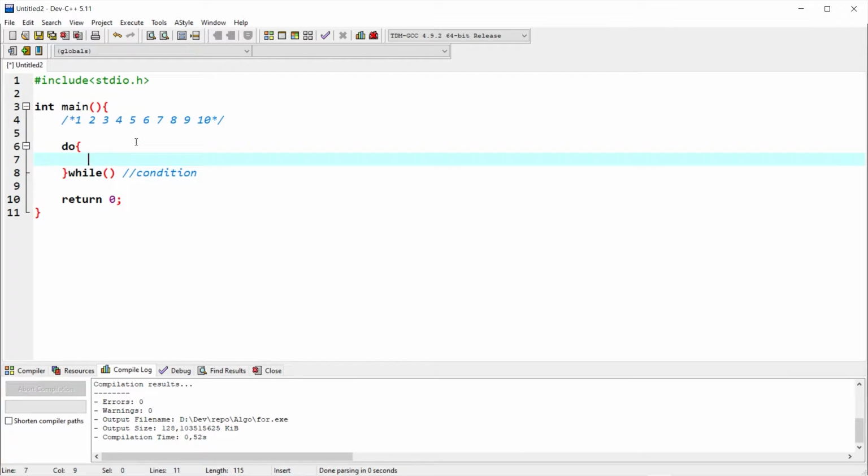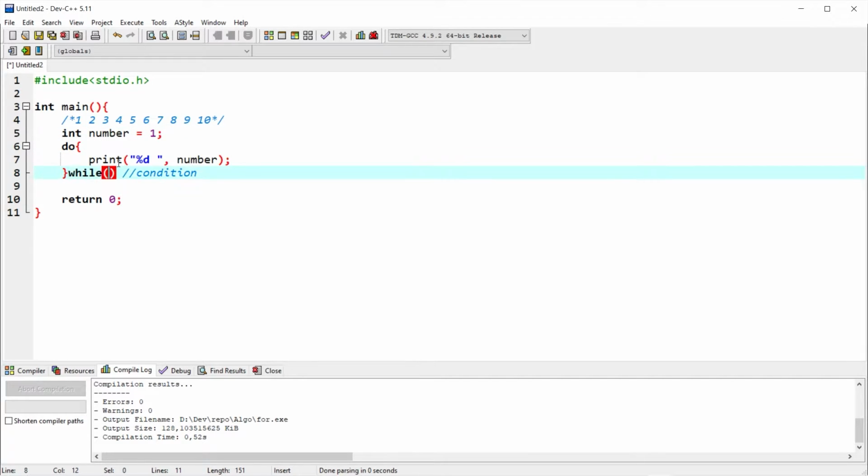Okay, so let's start. I'm going to have my variable here. Initialize my variable equal to 1, because I would like to print starting from the number 1 till number 10. Okay, so I do print and number. Okay, so number 1, they print 1 and they will check whether your condition is satisfied or not. So you would like to print until your number is less than or equal to 10, or less than 11. Okay,